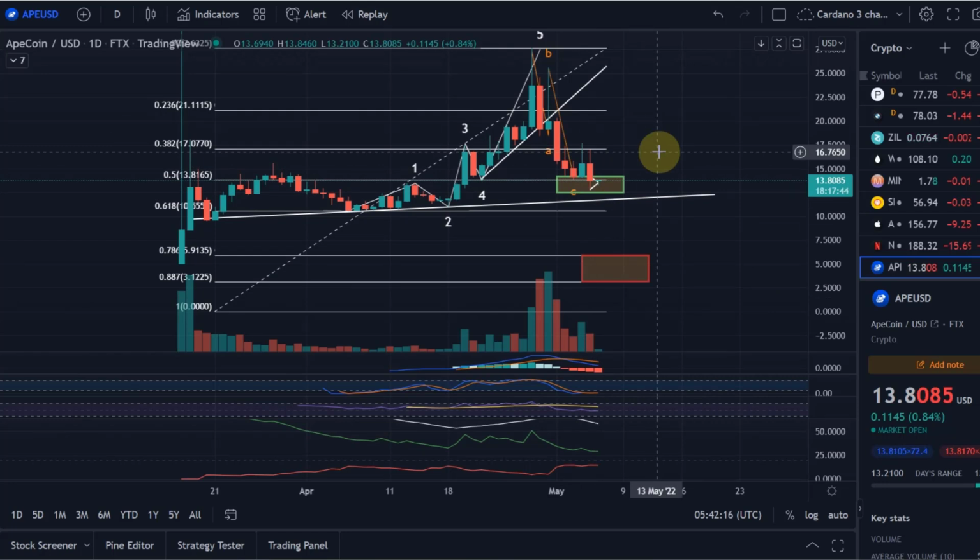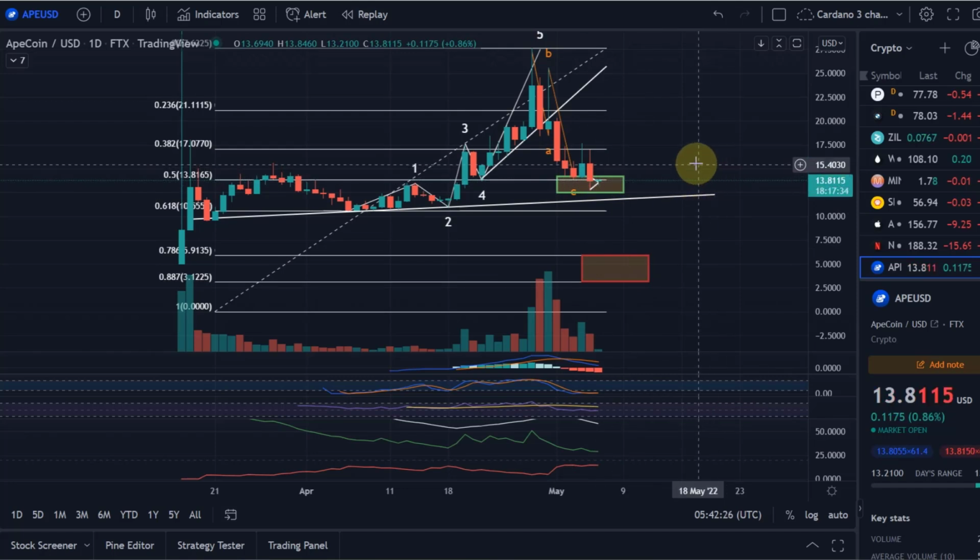Yeah, I have to wait for confirmation. I want to wait for a signal. I don't see a signal yet, and therefore I'm showing you here the alternative as well. And always I try to make you aware about things before they happen. Yeah, so there is risk because of that bearish candlestick, how it closed yesterday, and because we made a lower low. Would have been nice to make a higher low,